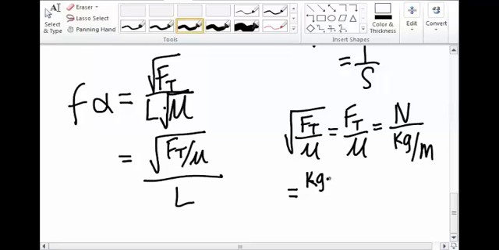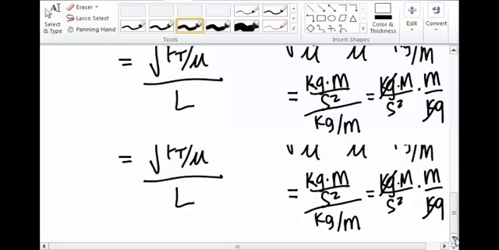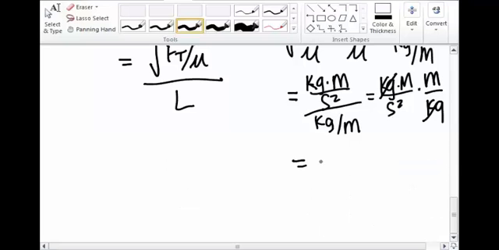Kilogram times meter per second squared, divided by kilogram per meter, which gives me what? Kilogram meter squared over second squared, times meter over kilogram. I'm going to get rid of my kilograms again. And what am I left with? M squared,